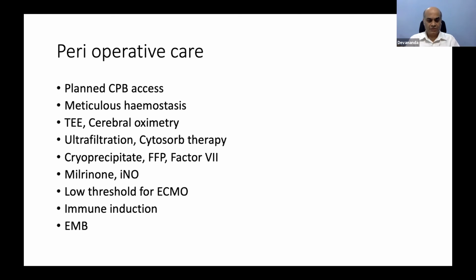Liberal use of cryoprecipitate, factor 7, etc. should be done to achieve good hemostasis, because some of these patients do have long-standing liver congestion and probably some issues with the clotting system. Use of milrinone, one should be very liberal. So also the inhaled nitric oxide, because we know that a significant number of these patients can have increased pulmonary vascular